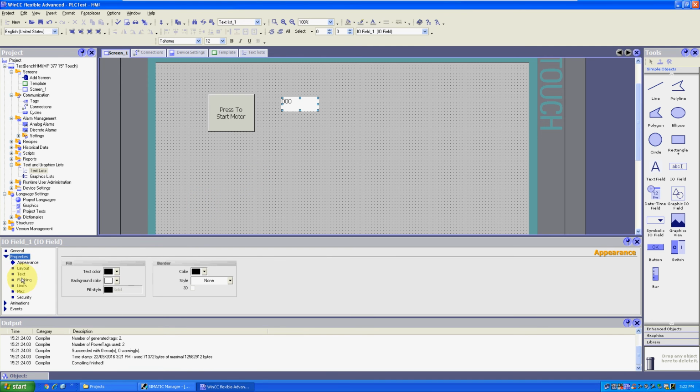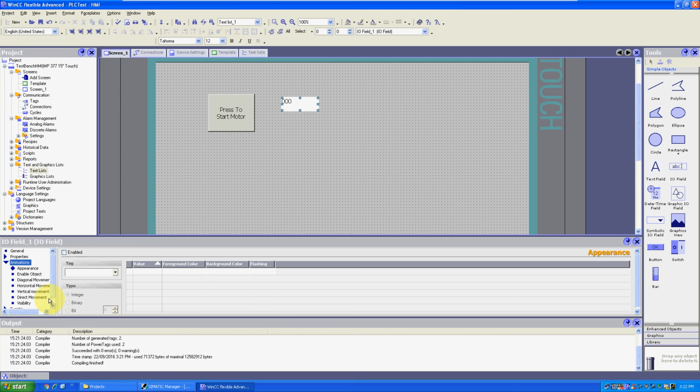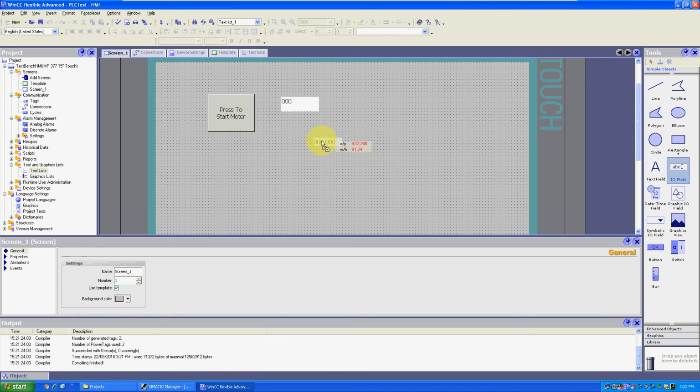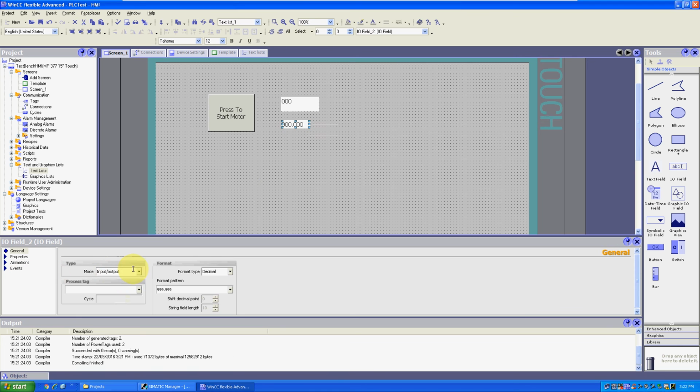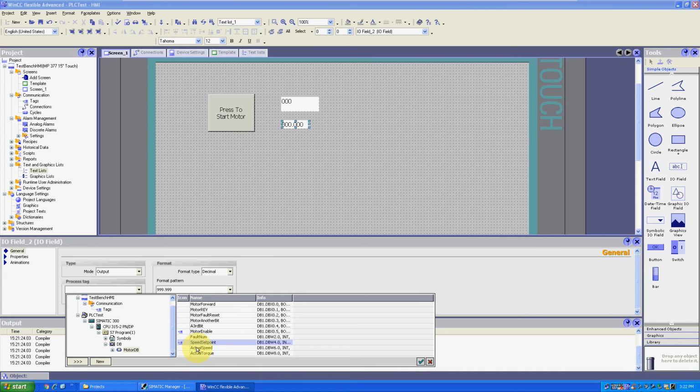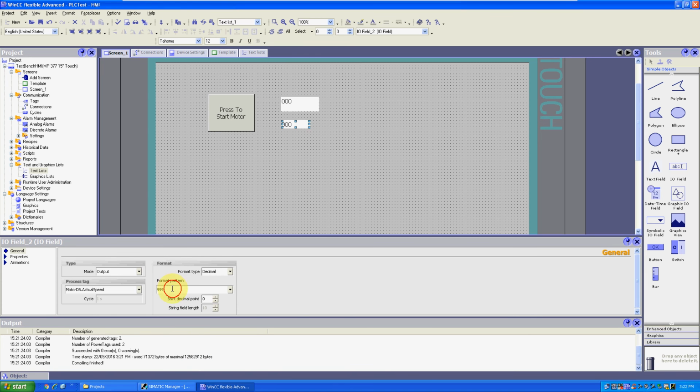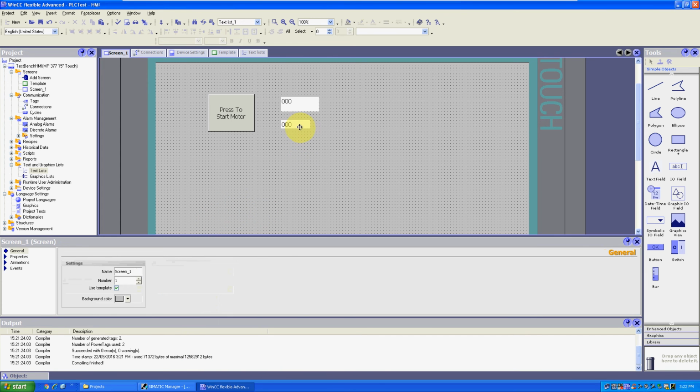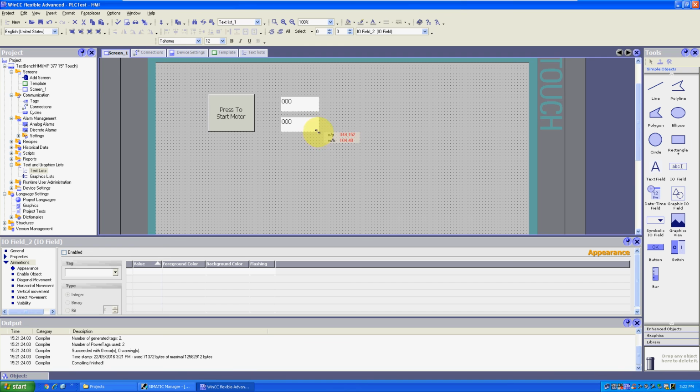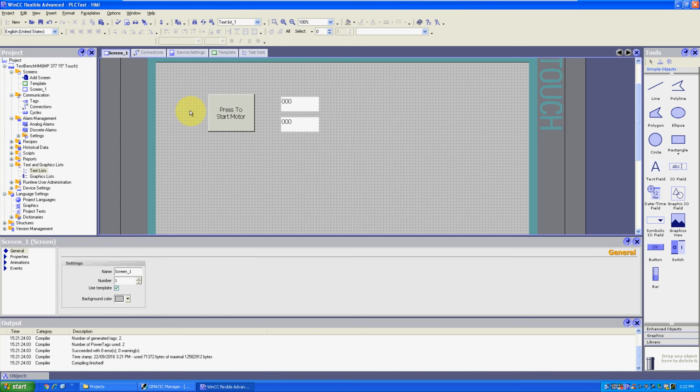You can also change colors and make it flash and visible at certain times, but we won't do that. And let's have an output of the actual speed, and again 0 to 100 will be the number for that. It's a bit ugly. So if we generate that,